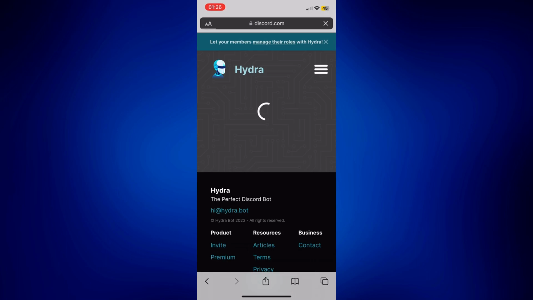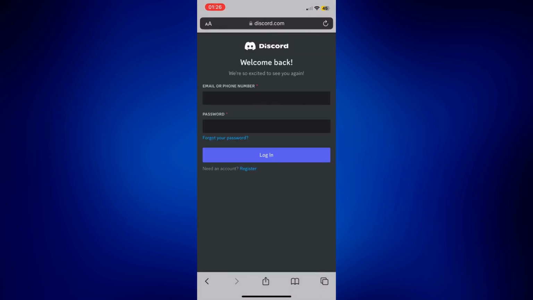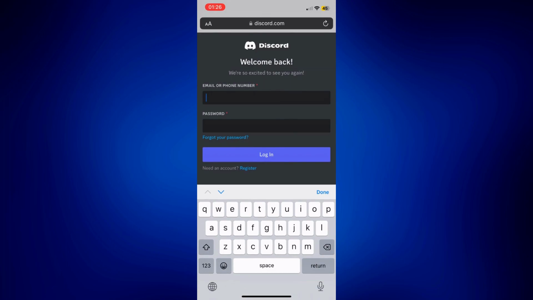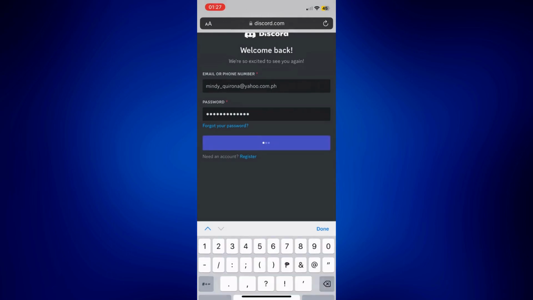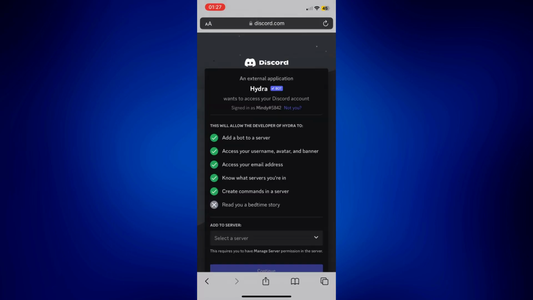And then you have to sign in. So use your email or phone number associated with your Discord and then just put in your password. So let me just log in here. Okay, now for the password, let's put in our password and just tap login. All right, now that you've put in your password and your username or email, next thing you have to do